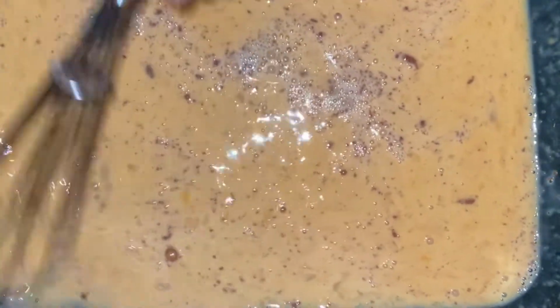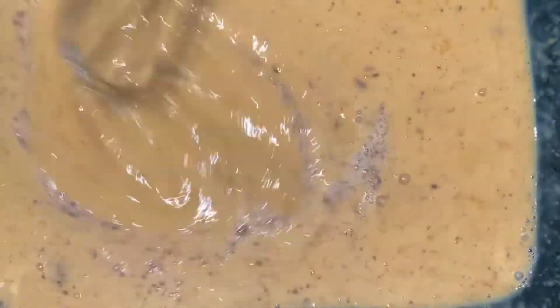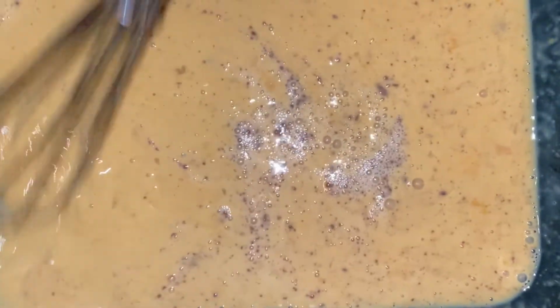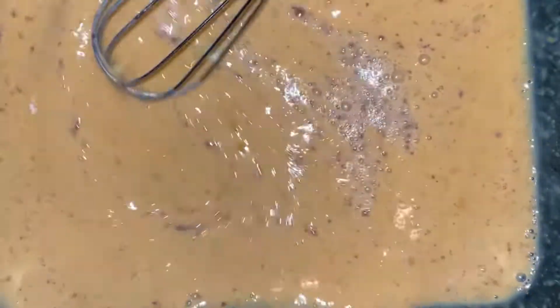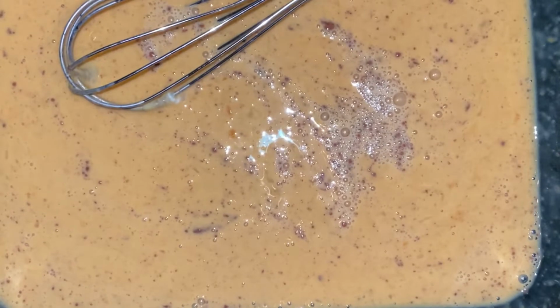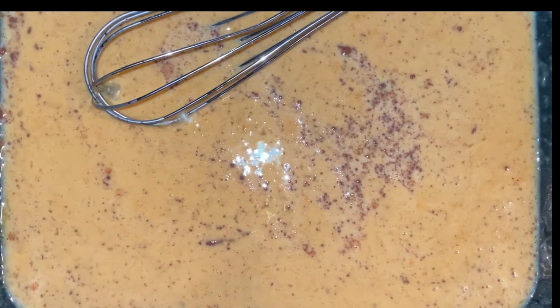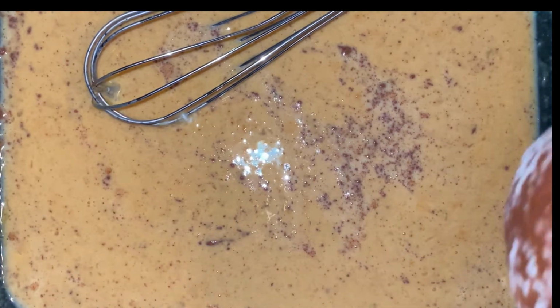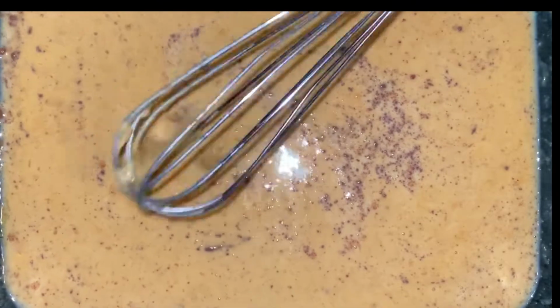Okay, so here is the mixture. It's ready. It's a swimming pool for my bread. We'll be doing a dunk next. Who's gonna win the swimming contest? The dive contest, right? All right, so next step is I'm taking my thick bread and I'm gonna be moving